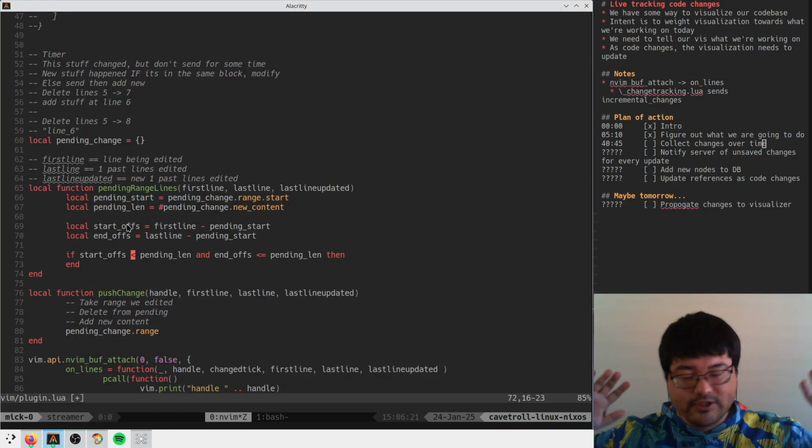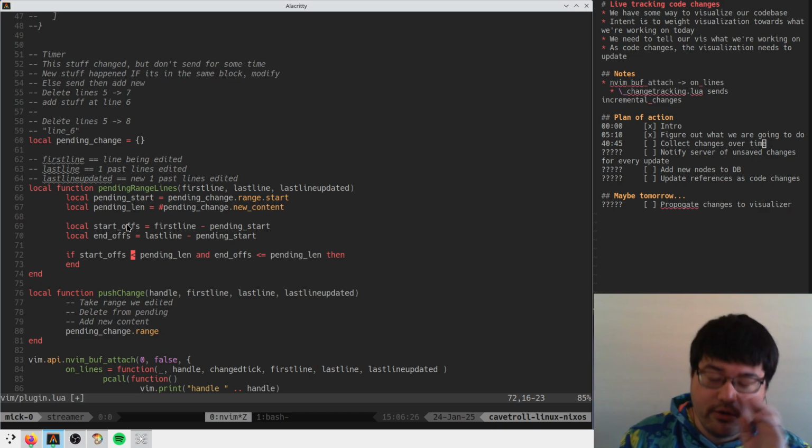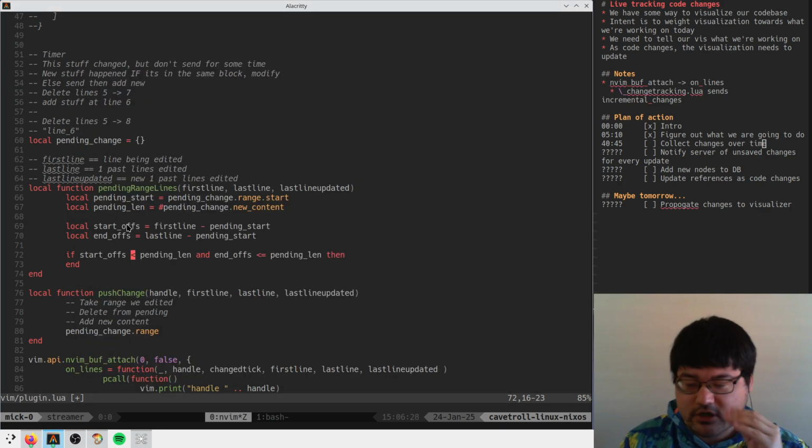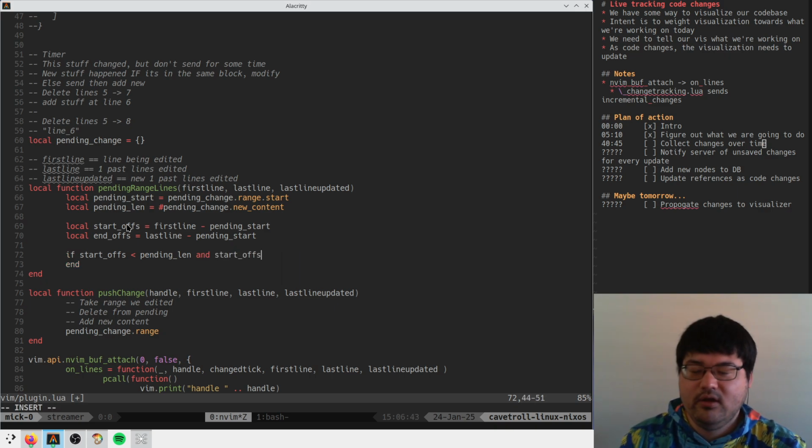Whether or not Lua arrays are 1 indexed, offsets are still going to be 0 based. Okay, chill. We're chill. Start offs if it's less than the pending len, or if the end offset. No, it doesn't matter if the start offset is less than the pending length and the start offset is greater than or equal to 0,